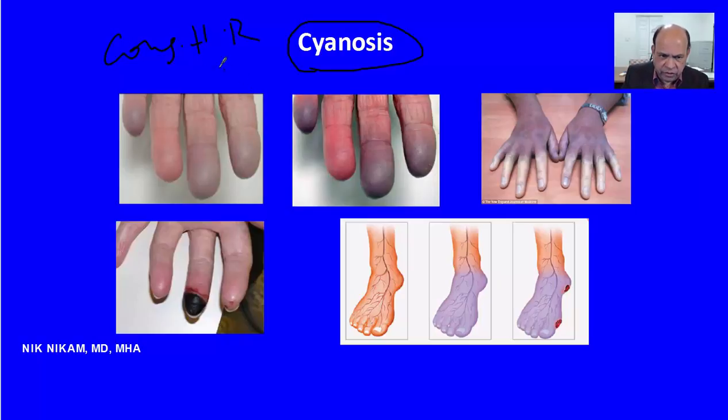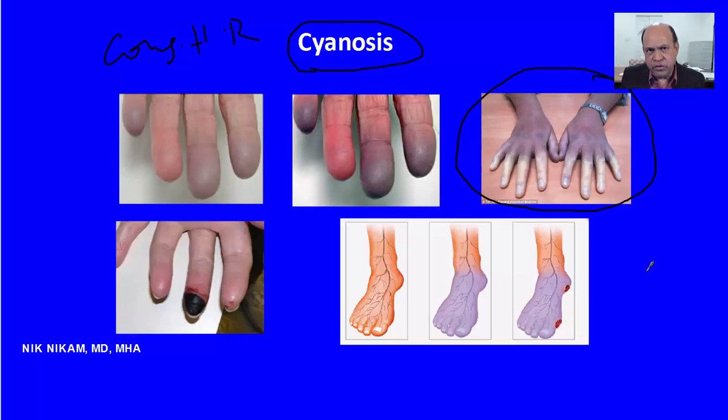When we see central cyanosis, we should always think about generalized conditions such as congestive heart failure, or deoxygenated blood from high altitude, or chronic obstructive pulmonary disease, where there is a reduced amount of oxygenation to the blood. When we see localized cyanosis, that creates more problems because we really have to pinpoint what is causing it. We can see localized cyanosis in all the fingertips like we see here, which may be related to